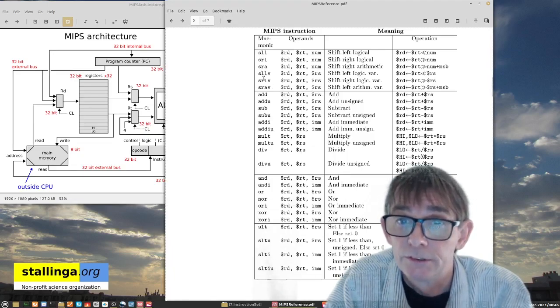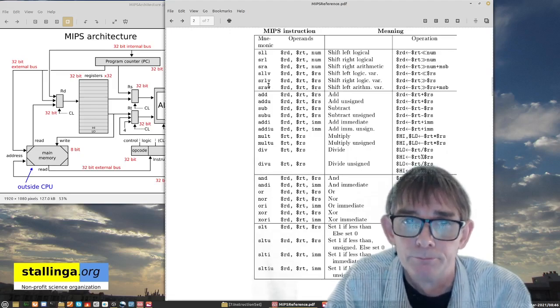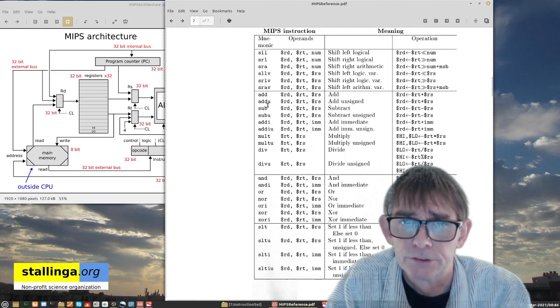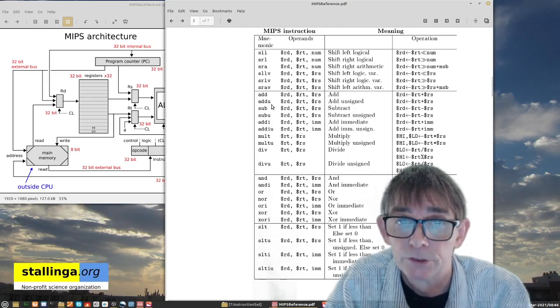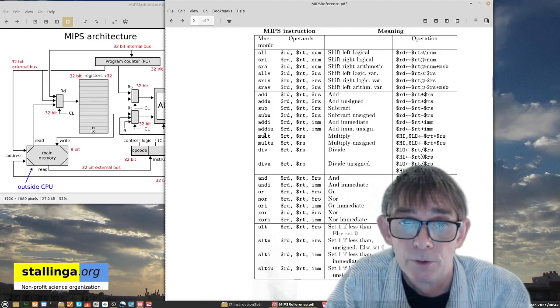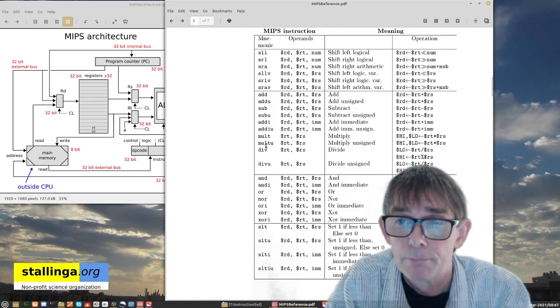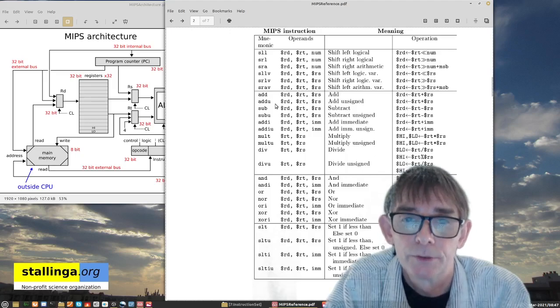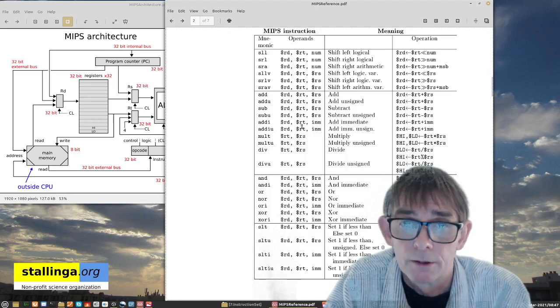And we use shift left logic variable. Okay, then the next set of instructions is the arithmetic functions. So we have add, subtract, add immediate unsigned, subtract unsigned. We have multiply, we have division, and of course this is all integer. Don't forget, these are all integer calculations,